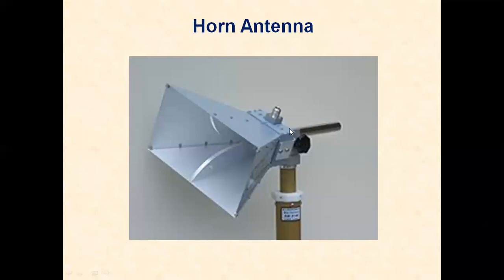This is the waveguide. When one end is suitably excited and the other end is opened out like this, we call this structure a horn structure. Thus, we can say that the horn antenna is an opened out waveguide, a structure to transmit or receive microwave frequency signals. It can be used as a transmitting antenna for microwave signals. It can also be used as a receiving antenna for microwave signals.